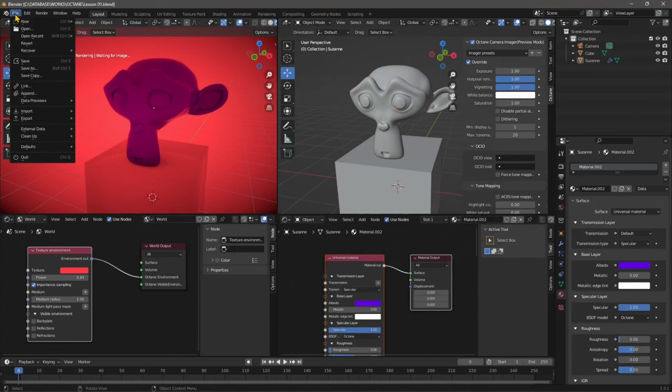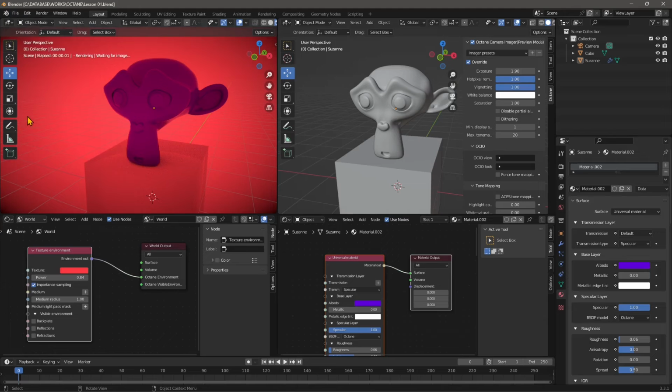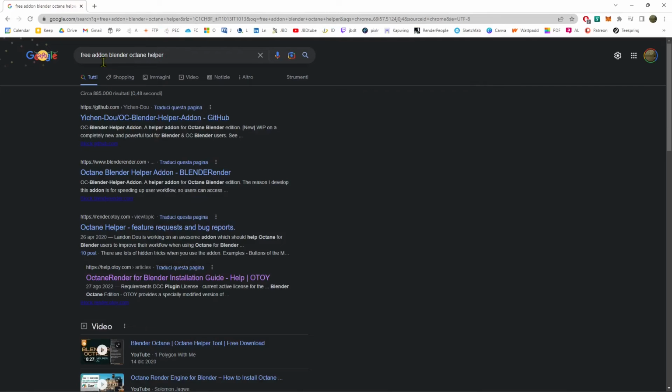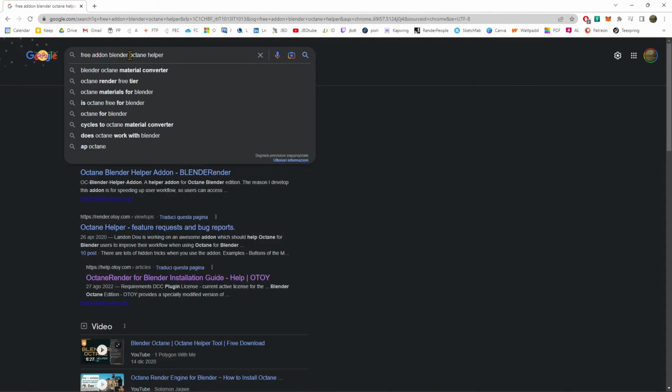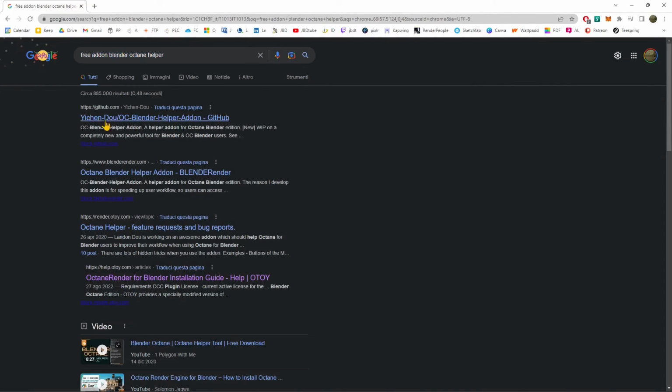So let's finish here. I want to show you just a few extra tips. You can save the interface if you want, so you can start with this interface anytime instead of the defaults, or you can just save a Blender file. Now I want to show you this plugin, or add-on, right here, which is called Blender Octane Helper,